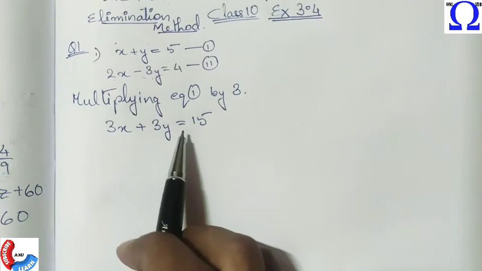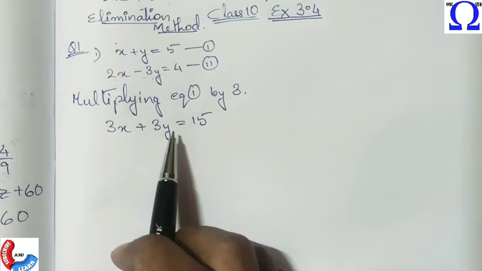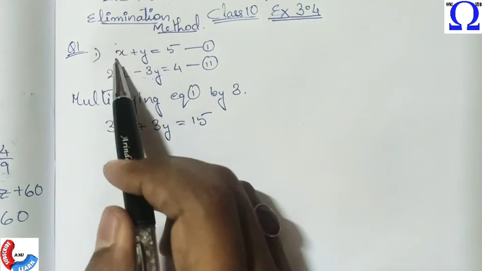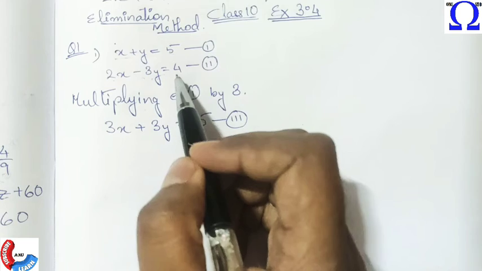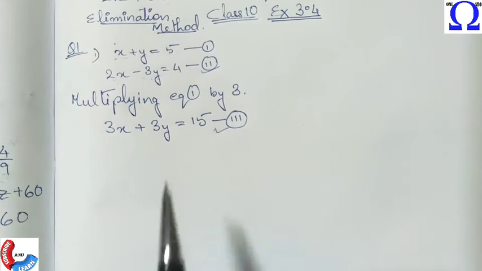Now we will get this equation after multiplication, right? See, the concept behind this is, this is the first equation and this is the third equation. These two equations are exactly the same. Actually, they are coincident. Remember, coincident. So when we plot the graph, both the lines will coincide. That means these are actually the same line only. So we will be taking the second equation and the third equation to solve.